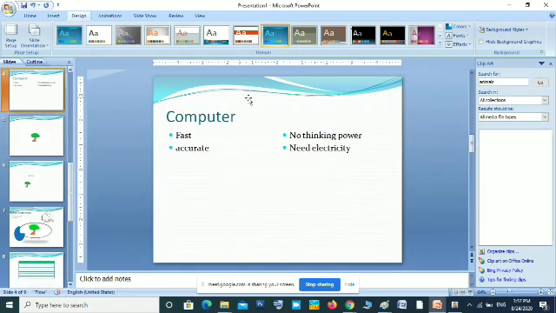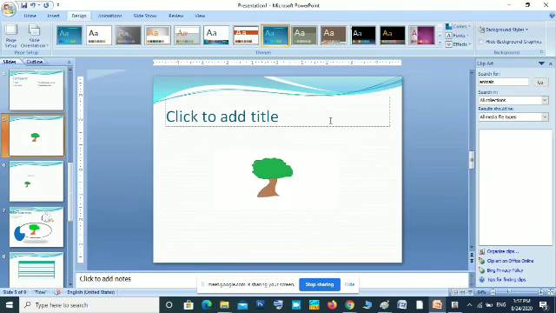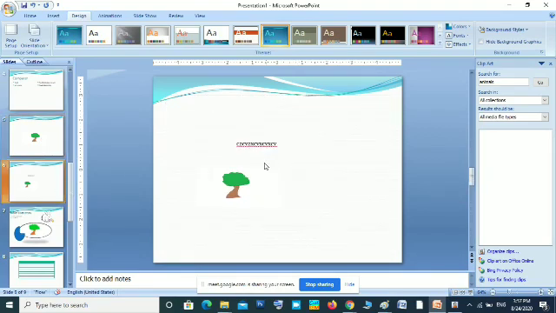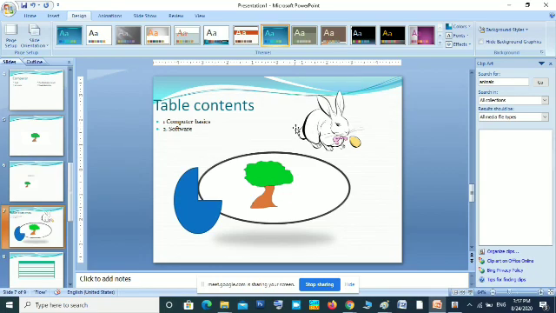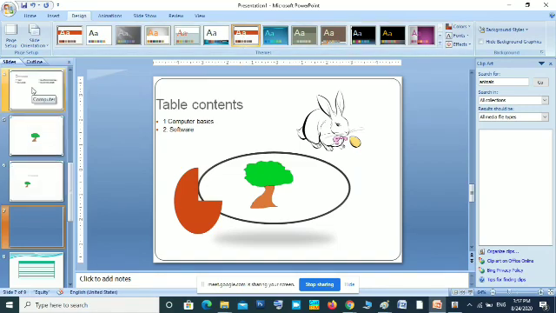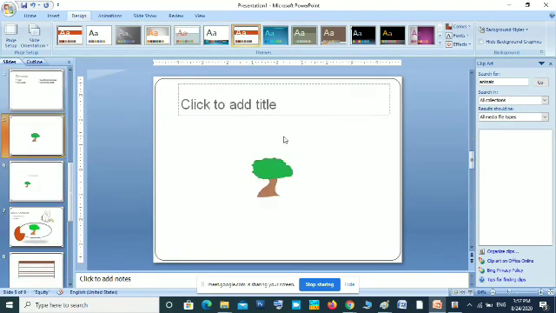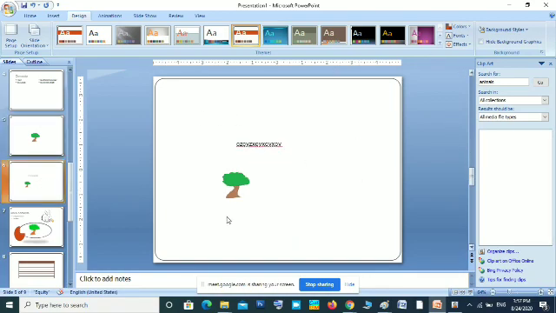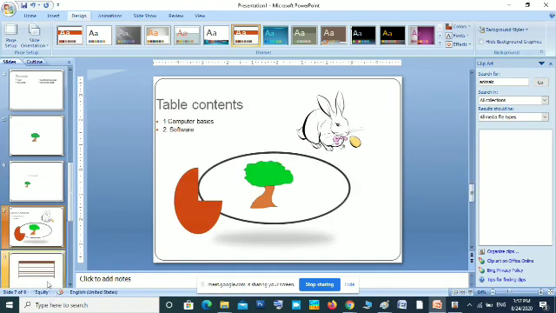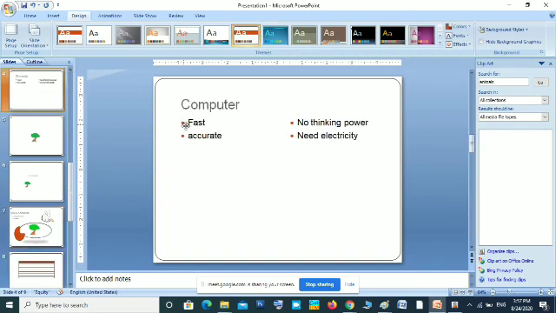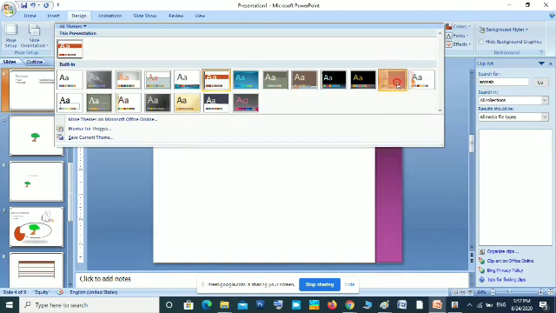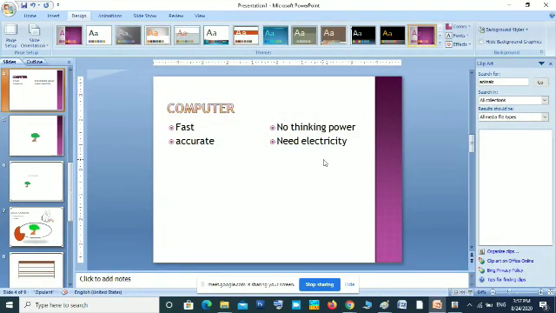Now you can see the first slide has the theme, the second slide also has that theme, and the third slide also has this background. Now I am selecting another theme. You can see all the slides automatically have that theme applied. A complete border for the page, and the bulleted style. You can see the change in the colors. You can check all the themes one by one to see which one is best for your presentation. You can select it. This is another theme.